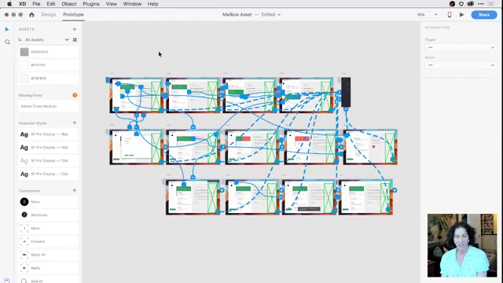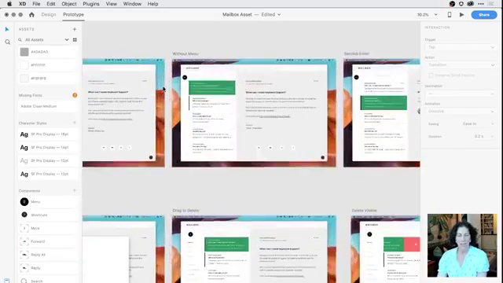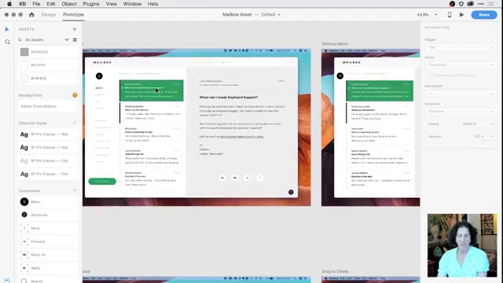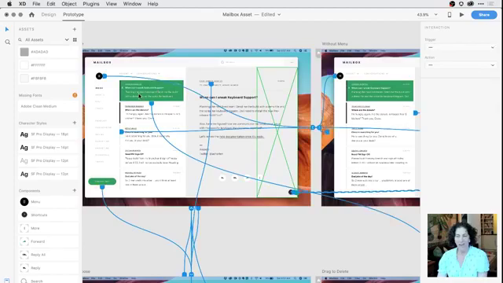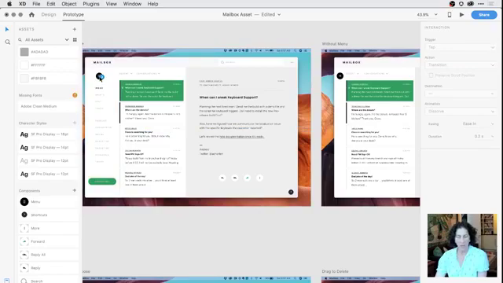What I can do is come in and select all. And in fact, before I even do that, let's talk about another concept. Let's say I want to make two wires exactly the same, and I find it to be a bit tedious. So if I come in and select all, I've got a wire here that's taking me to an overlay for my navigation. I've got another wire here that's doing the same thing. And I want to make sure that the behavior is exactly the same with them. If I click on one of those interactions, so hit the Shift Control and click, just come in and select that guy. Let's say I come in and grab this one